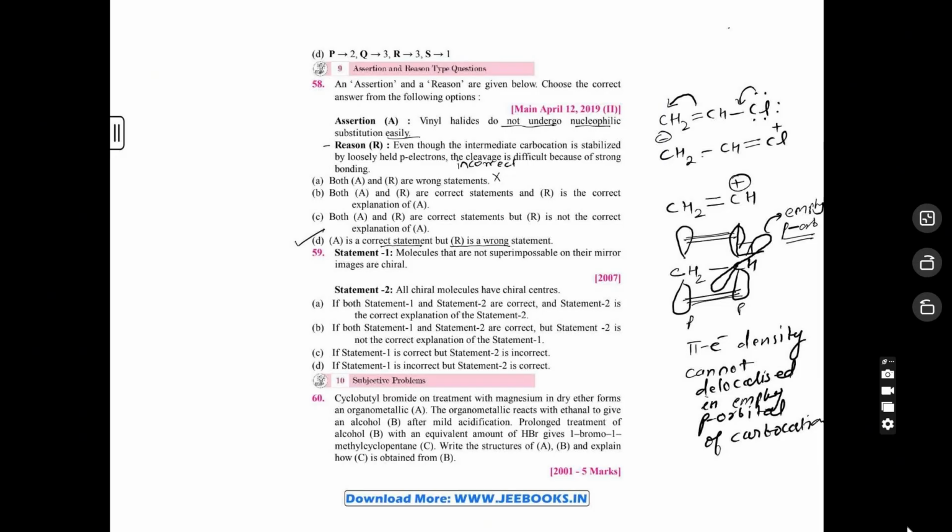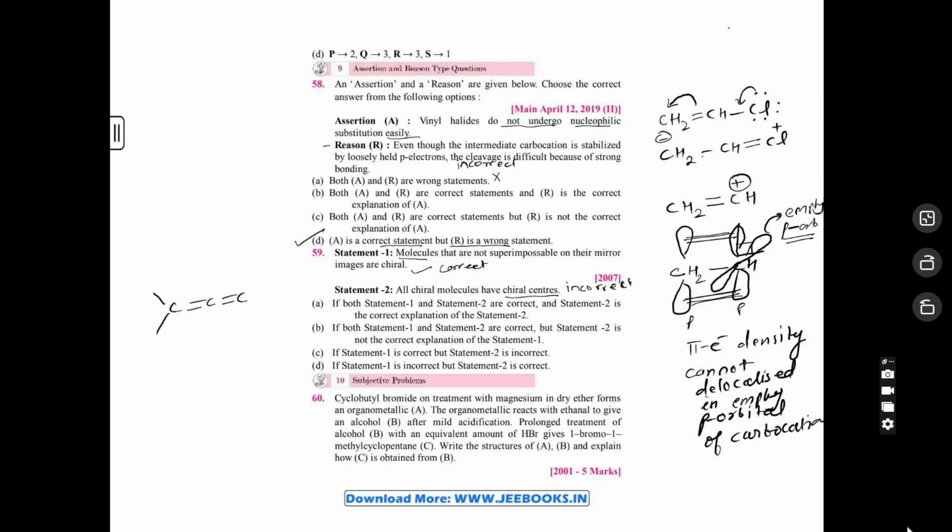Moving to question number 59. Statement 1 says that molecules that are not superimposable on their mirror images are chiral. Yes, this is correct. Statement 2, all chiral molecules have a chiral center. So this is not correct, because we know that allene molecules, this is the allene,